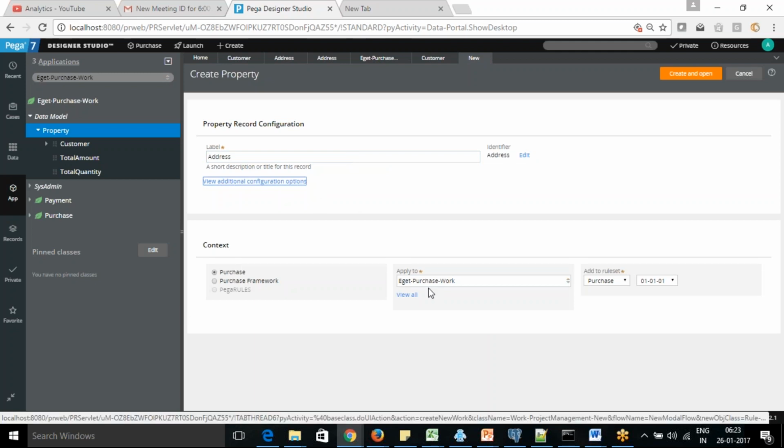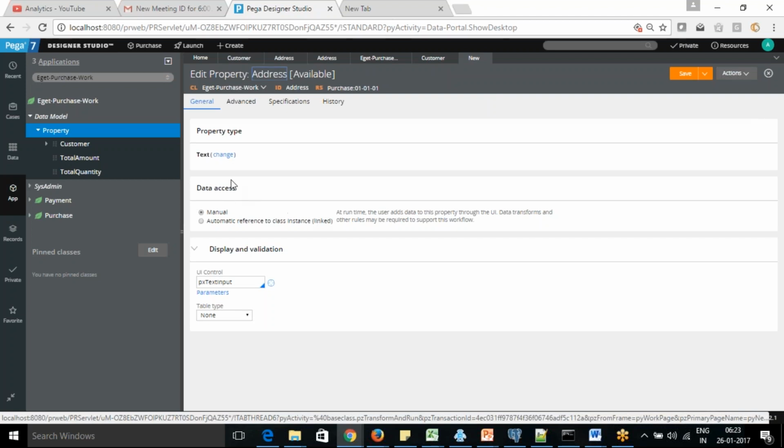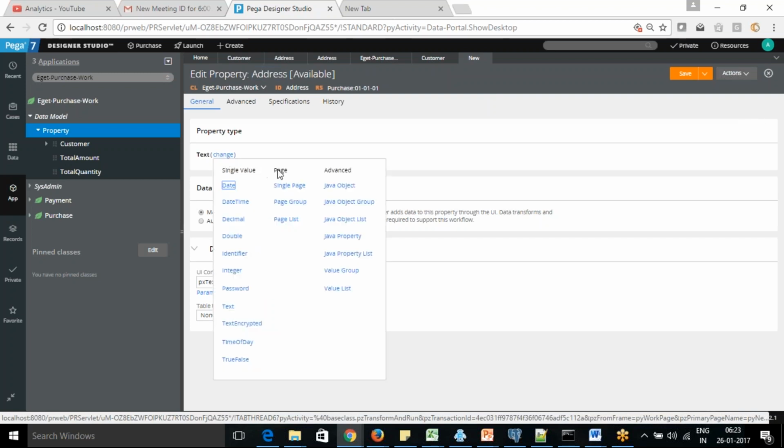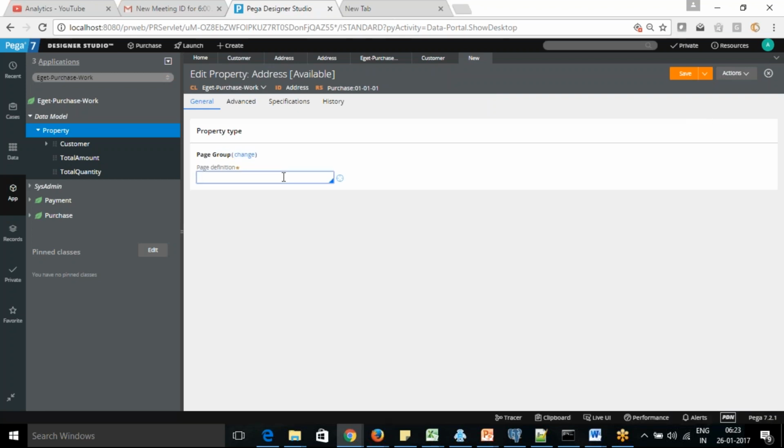I've given it the name address. The same thing as before: context and add to rule set. Click create on that, and then you need to change the type. Here you are going to create a page group, and you need to define the class for it.